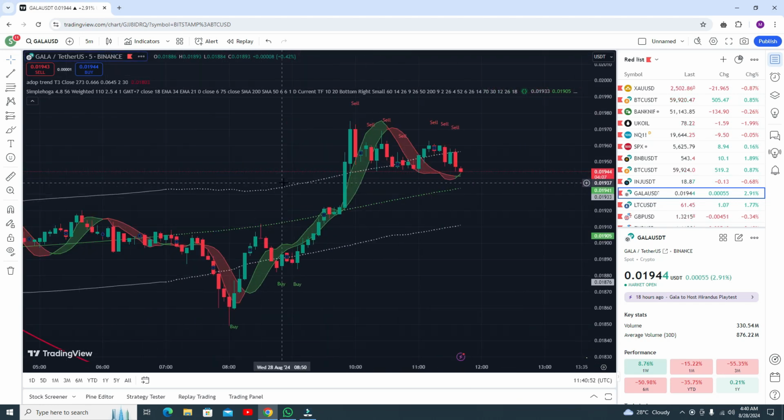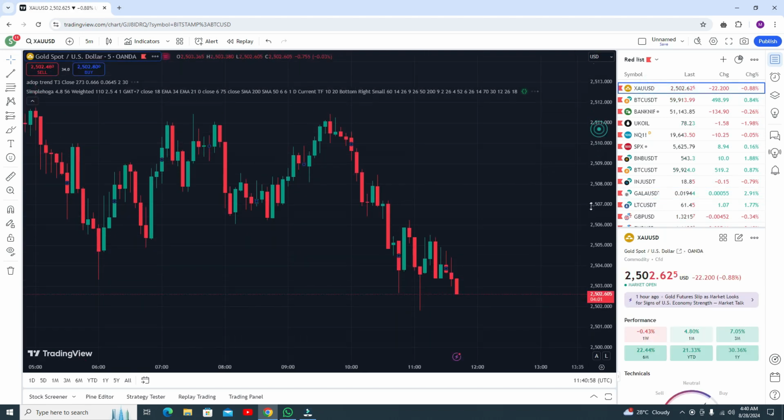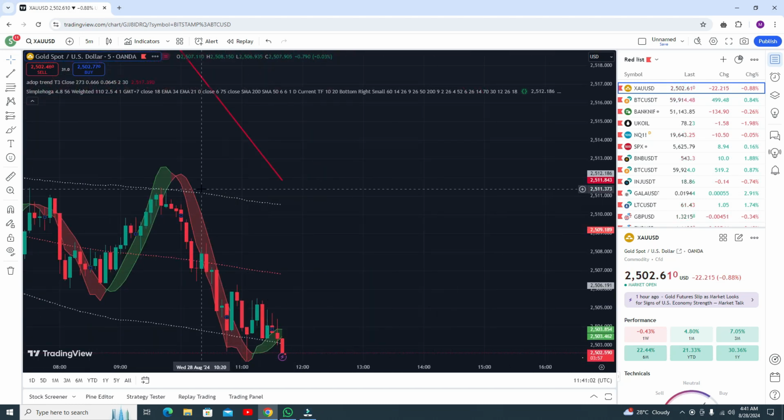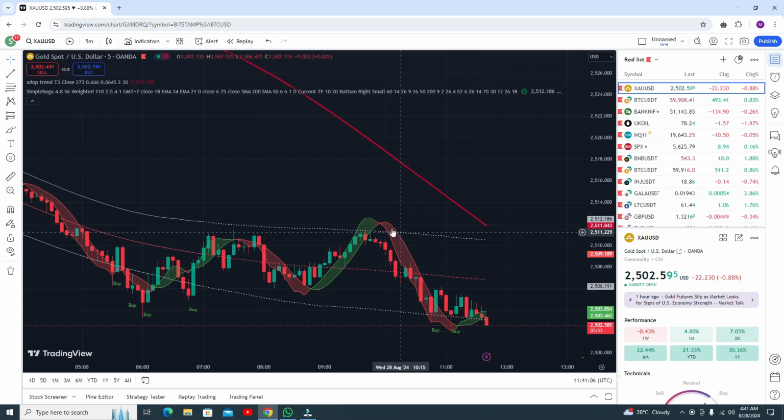Okay, and currently there is no good condition, so let me show you some results in gold. Here you can see this is your double confirmation signal. Okay, the most recent sell signal, like I told you: the adopter line should be upside of the upper band line. Yes, it is. The second condition,